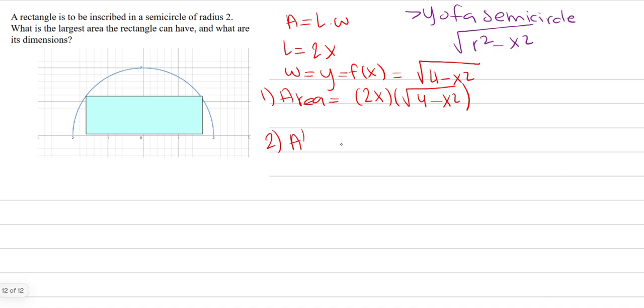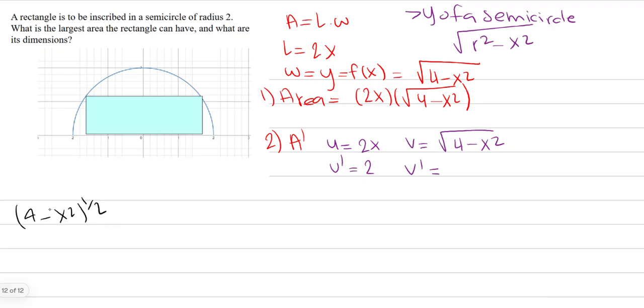So A prime, let us start with my u and v. Let's say I have here my u is 2x, my u prime is 2. I have my v is equal to radical 4 minus x squared. Now I need to find my v prime. For this I'm going to be using the chain rule. Let me just show you. I'm going to take this as 4 minus x squared to the power of half. How am I going to use the chain rule? I'm going to take the half outside. I'm going to put the same expression in again, power minus 1, so it's going to be negative half, multiplied by the